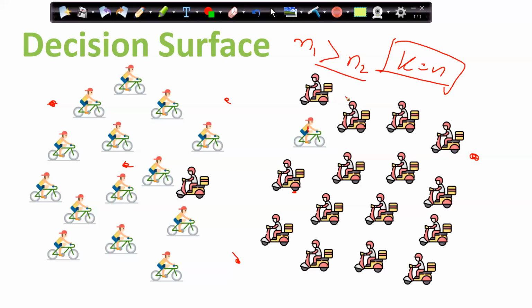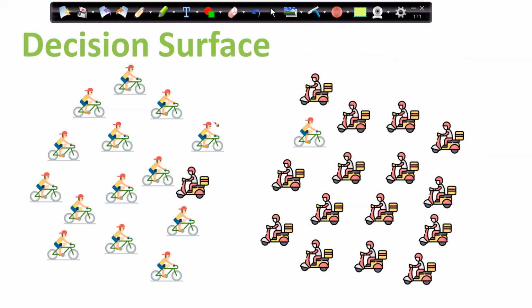So if I go with the majority voting, it will always be scooter. So a guy sitting anywhere in this data will be classified as scooter. And this type of scenario is known as underfitting. Underfitting.